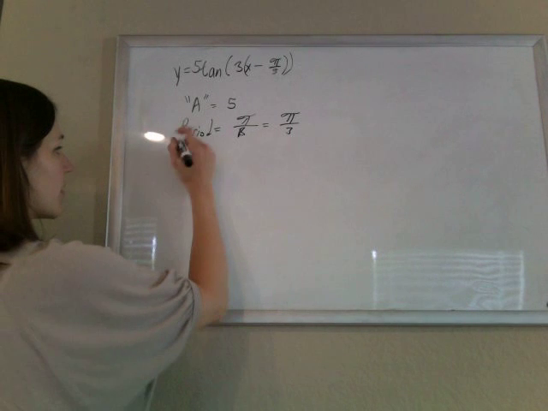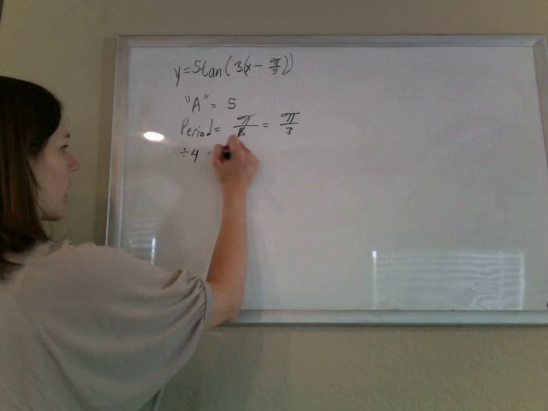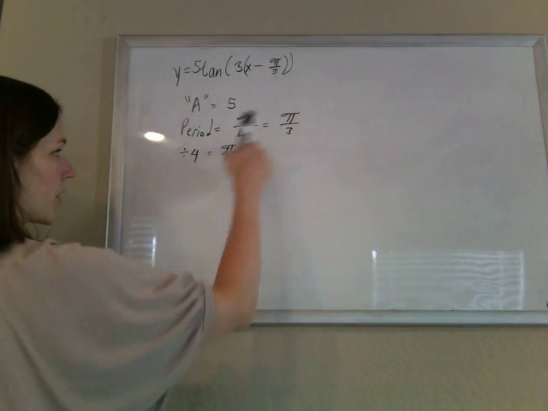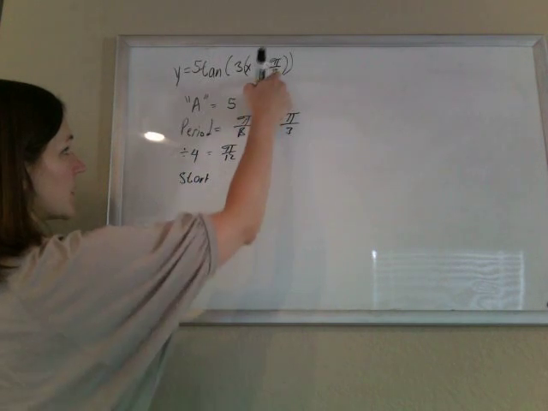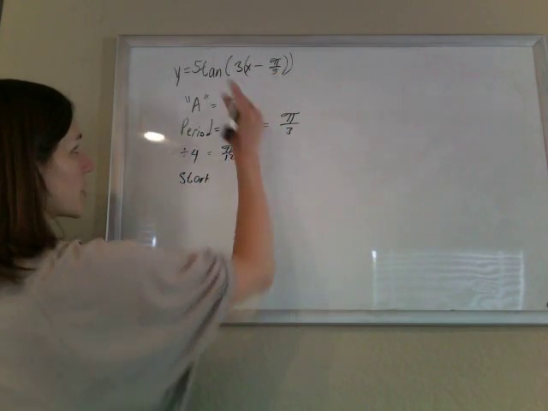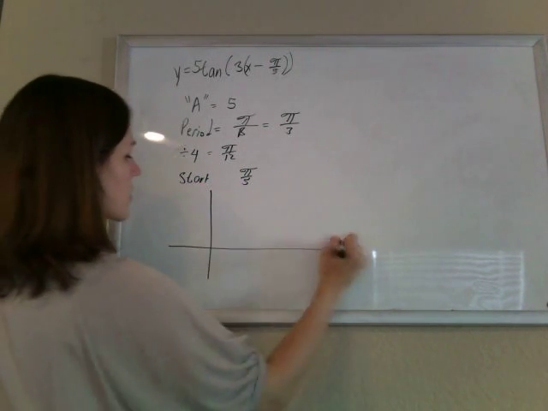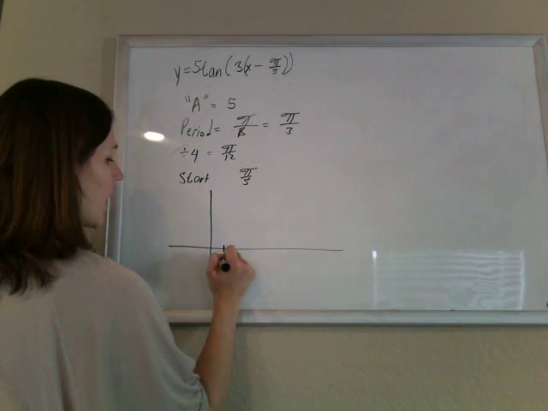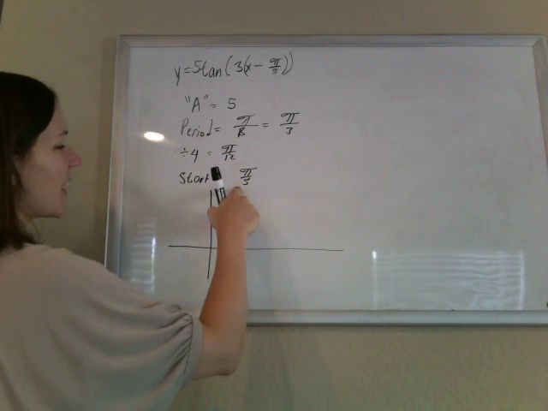And I'm still going to divide that into its 4 important increments, so I'm going to get pi 12ths if I divide pi thirds by 4. And I know I'm going to start my phase shift. It's been moved pi fifths to the right, the opposite of what you'd think. So if I'm going to start at pi fifths and keep adding pi 12ths, I'm going to